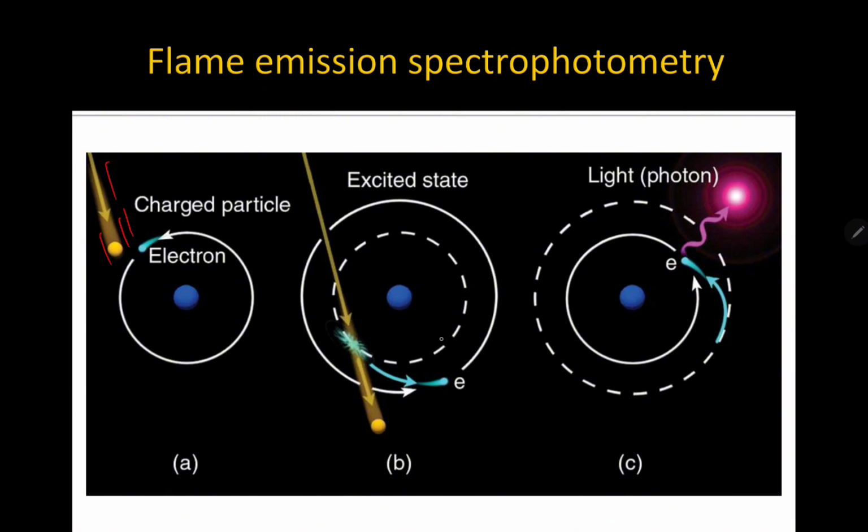higher energy shell that is further away from the nucleus. So the electron may move. Kaya kung makita niyo dito, nag-move yung electron natin. Nag-aalis siya sa kanyang original na orbital, which is this one. The electron moves away from the nucleus. So remember that, yung kanyang pagiging excited, the excited state does